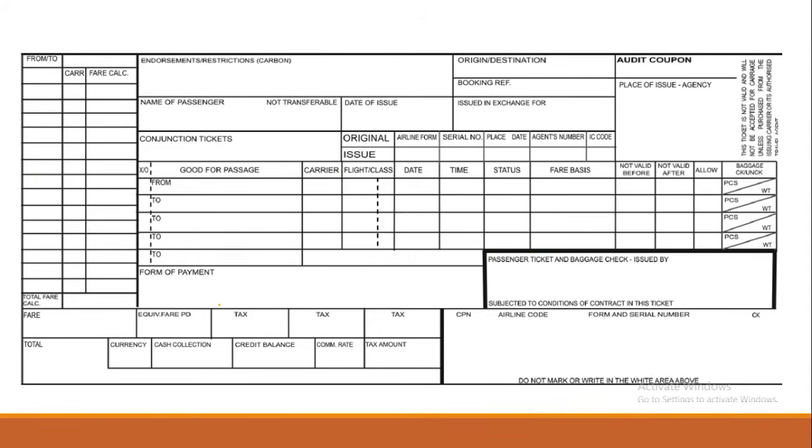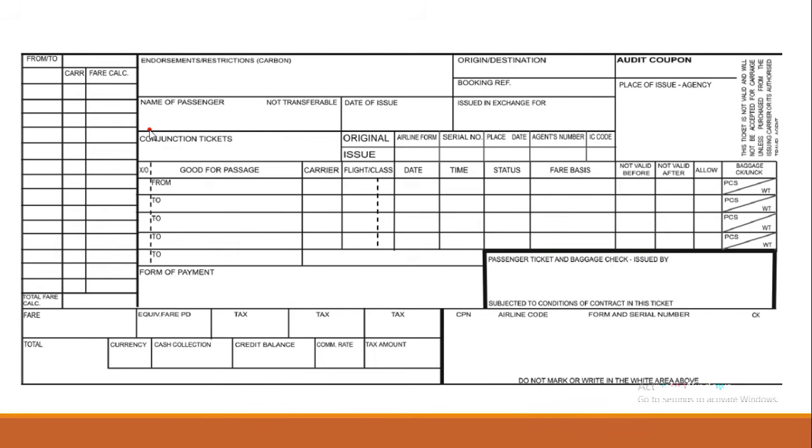This is what a ticket will look like. A typical ticket for travel services from N4 to N6. In the ticket, you will be given a scenario where they will tell you, okay, you are writing a ticket for Mr. and Mrs. whoever who are going to wherever.